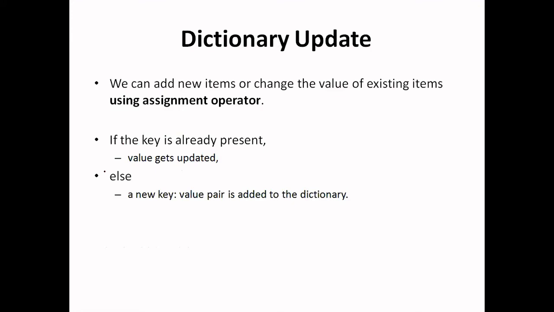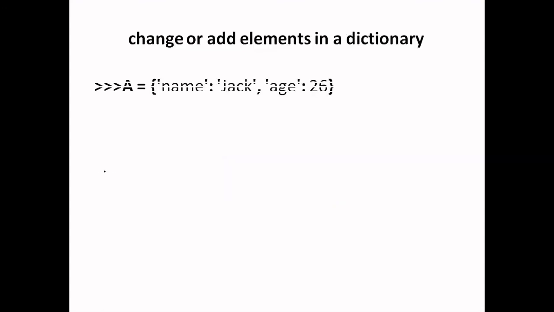We can also update the dictionary because dictionaries are mutable objects. That means we can add elements. That means we can add a key value pair, and this will work as a single element in a dictionary. And we can also modify the value part because the value part can be a mutable as well as an immutable object. But we cannot modify the key part once it has been defined. So let's have an example.